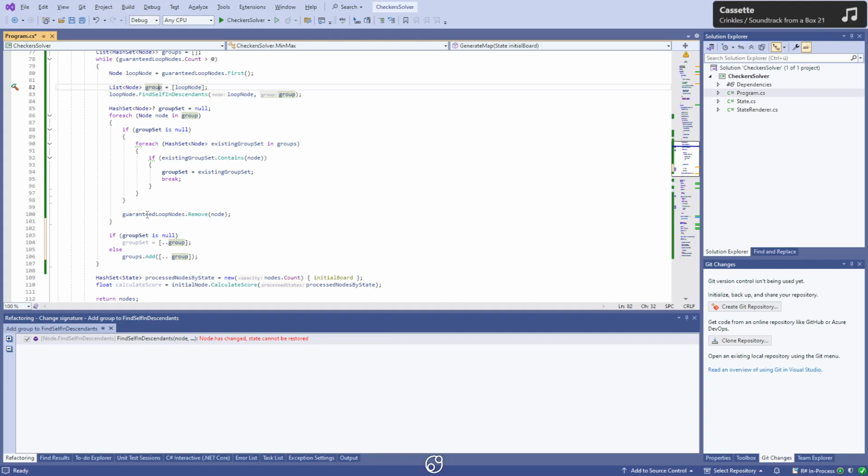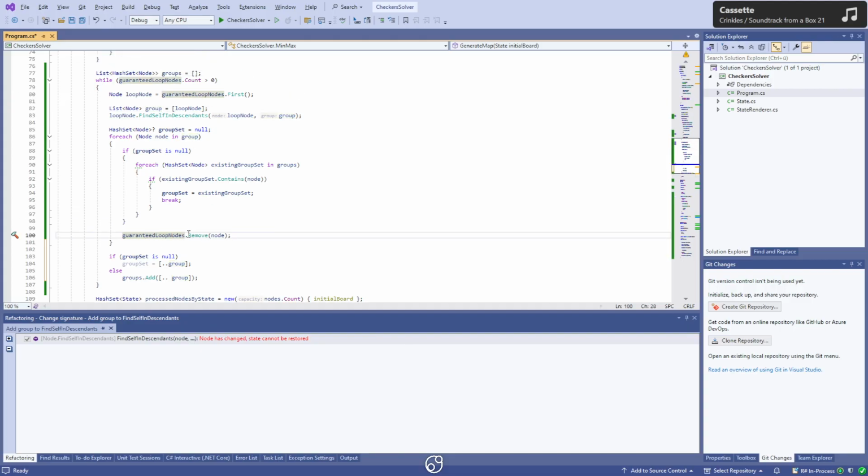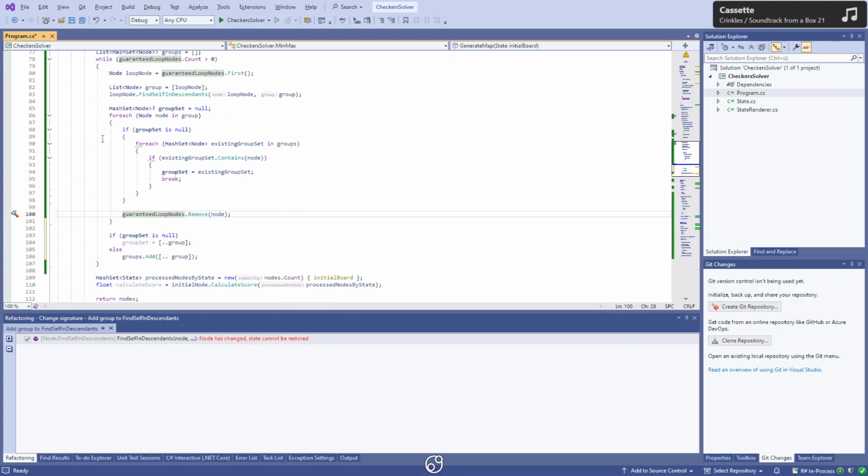And I made sure that I removed them from the nodes I need to check because I already have the group. And while doing that, I'm checking if I already have an existing group. And this is just a different branch within that group. And if it's not, then we're gonna add